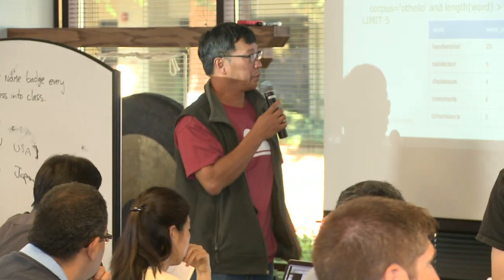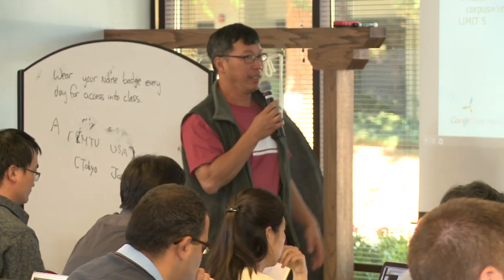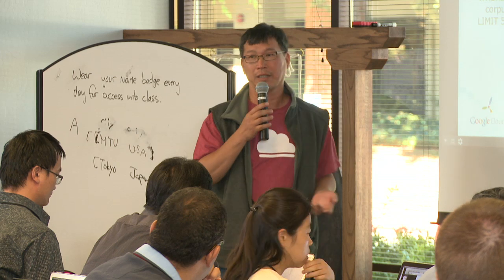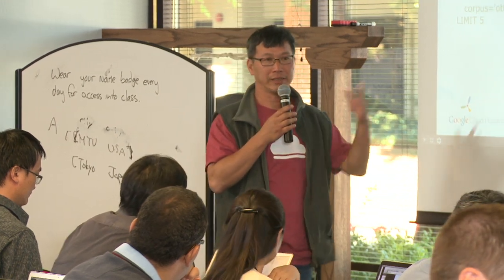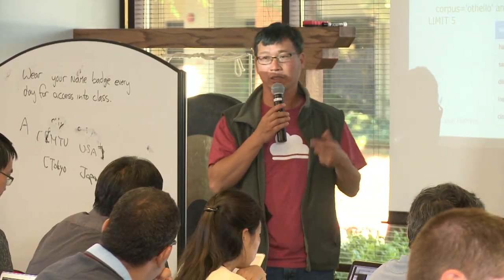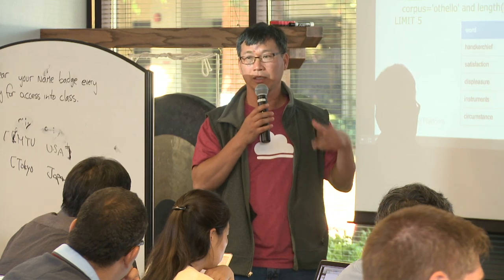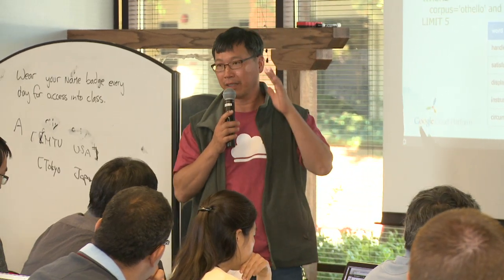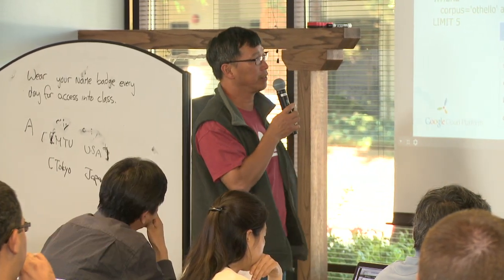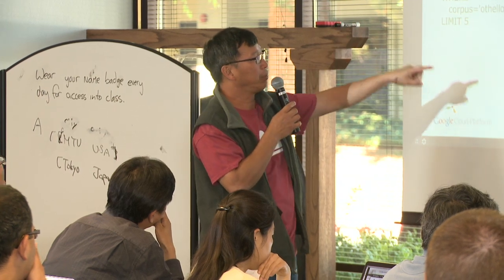So I think the easiest way to think of the window function is like you run a normal query, right? So you get a result set, and the window function allows you to apply a function to your result set. Just think of it that way. I think that's the easiest way to remember it. So for this example here,